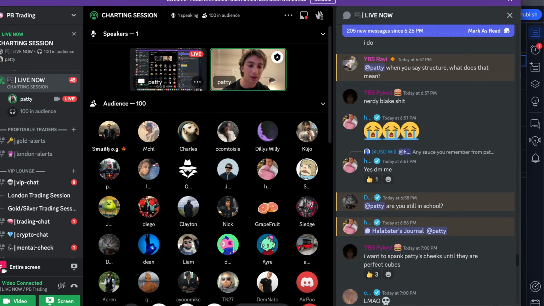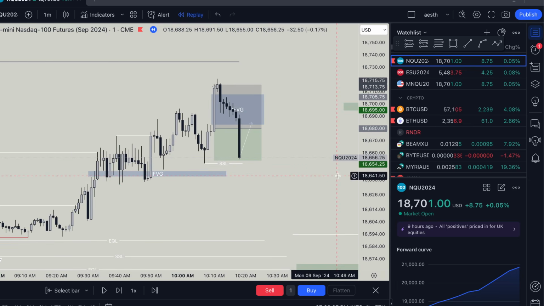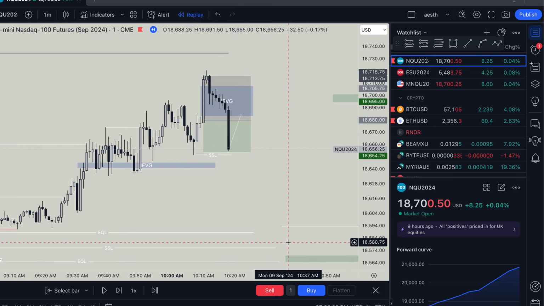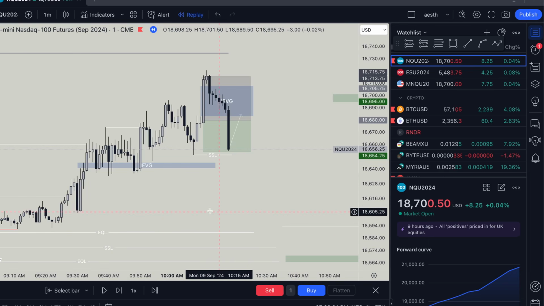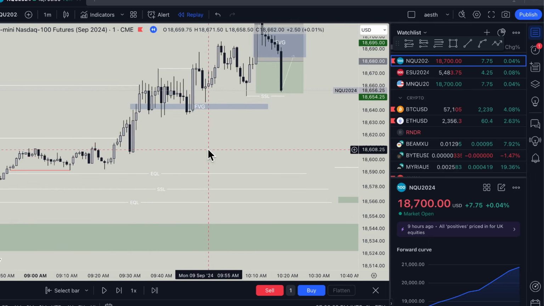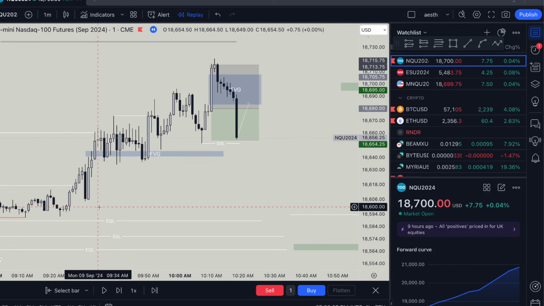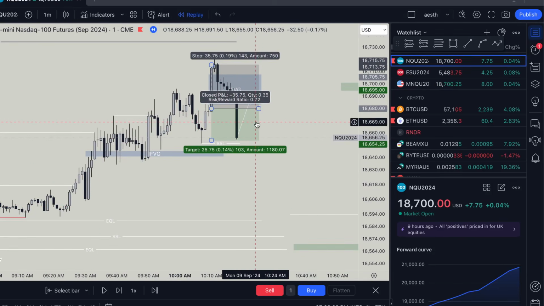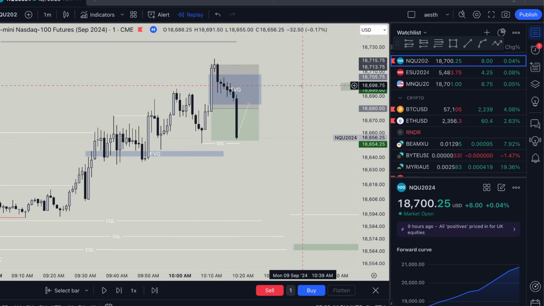When you say structure, what does that mean? Structure in this case would be, okay, well, this is actually a perfect example. So we have all this sell side liquidity below us. We had been moving up for a while. We did hit that hourly. We don't know if price actually is going to react off this unfilled hourly and the 4 hour.